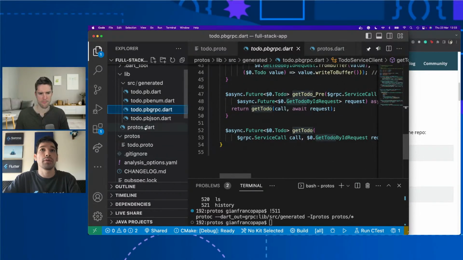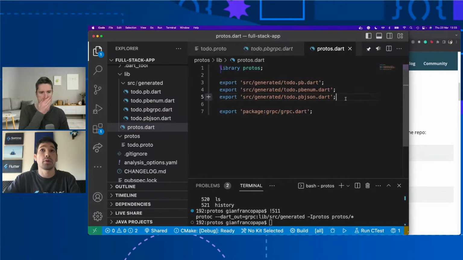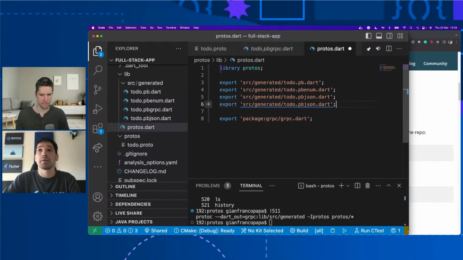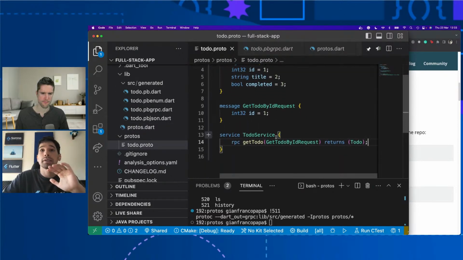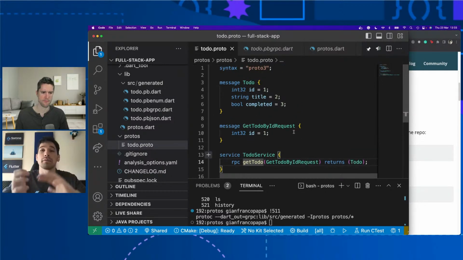So maybe what we can do right now is to export this class, so we can have access in our backend. So here we can share this one, right? Perfect. So I think we won't be creating so many other things in our proto file, but maybe we will create other methods. But we already have a message and a service, and that's it to basically have our very first example connecting Flutter with gRPC.